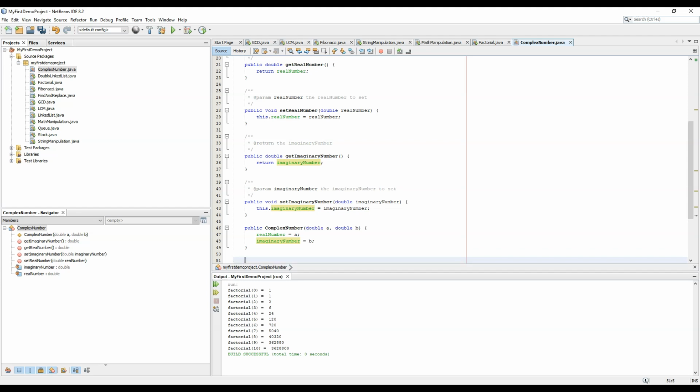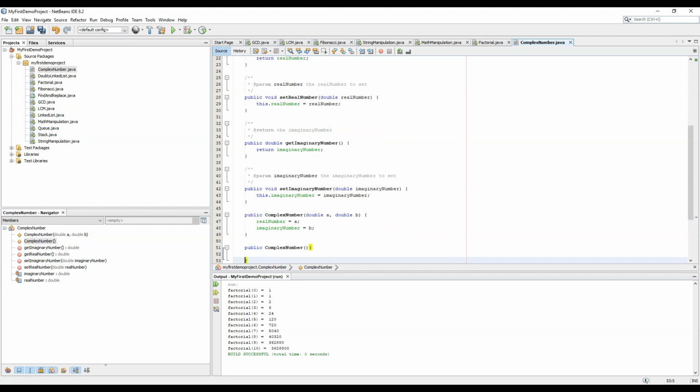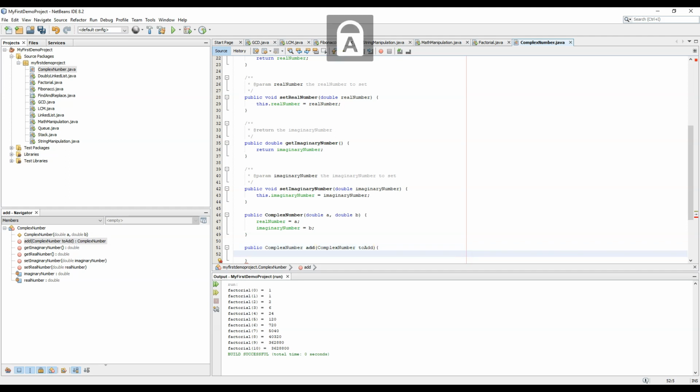So let's add a public ComplexNumber add, and we will pass a complex number to it. So name it toAdd. So let's create the sum. So how will we create it?